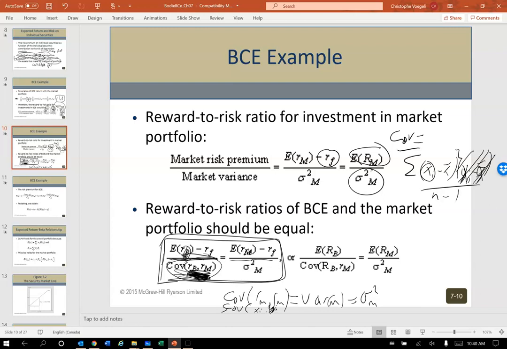Again, markets are efficient, so that should be commensurate with the ratio of the excess returns of the market, the general market that the investor will hold, all equal investments in equal proportion to their market cap weight or what have you, divided by the variance of the market. Those ratios should be equal. So then again, I can simplify it a little bit.